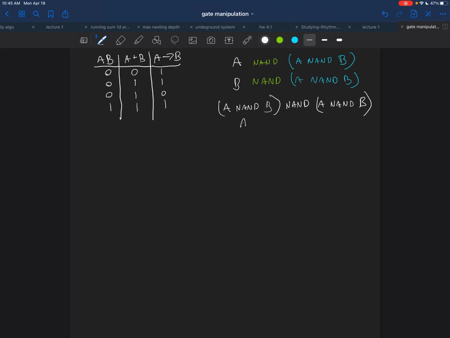We didn't write A NAND A. Sorry, I'm not color coding. A NAND A, we didn't write this because we still need the B somewhere, so I just took it out, even though that is a possible permutation. But this idea can be carried into